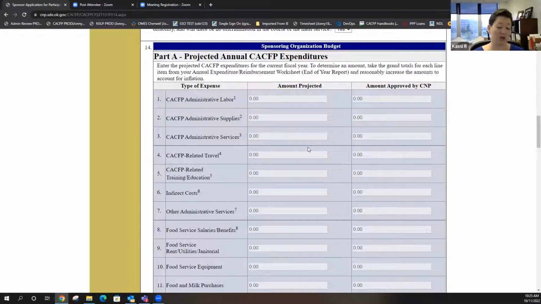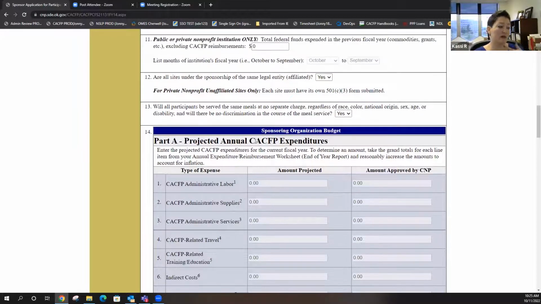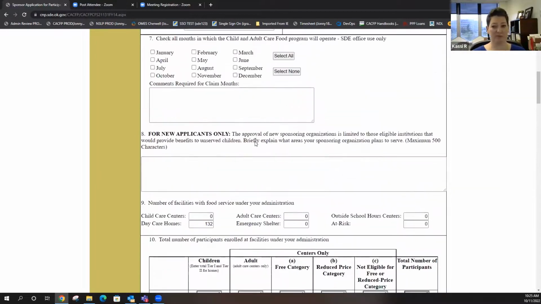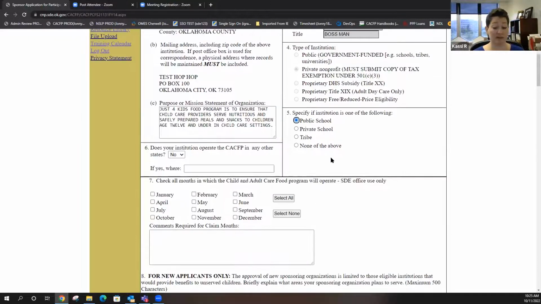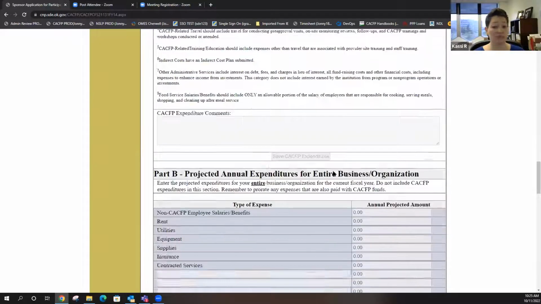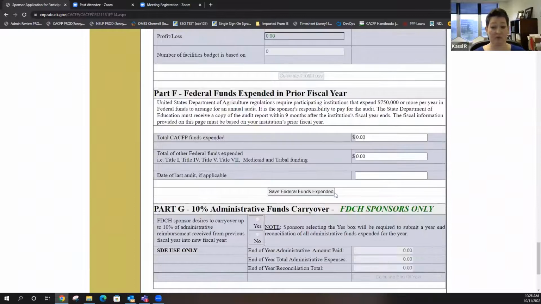If we had a school that legitimately came on with some type of other CACFP operation, we just don't have any right now, they wouldn't be required. But when we have schools that just have a Head Start that just happen to be in that school, you still have to go by the other requirements of CACFP. So if you're operating as a public school and at risk, because that's the only kind that this applies to, click that. It's going to disable all of this budget. You don't have to do it. I'm sorry for everyone else that is not true for.